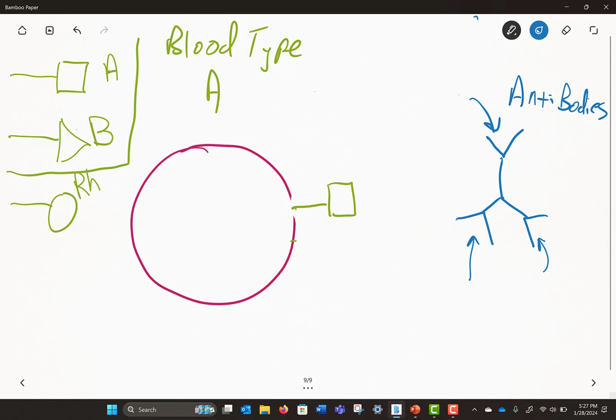They would snap together, and then one of those antigens from one cell would stick into this receptor area. Another red blood cell with an antigen B would stick here, and another one would stick here, and all of these blood cells would start sticking together in a process called